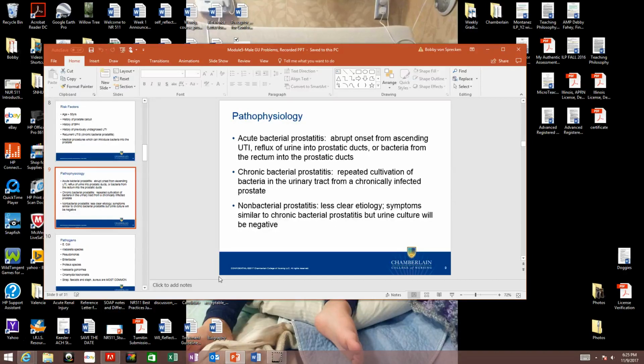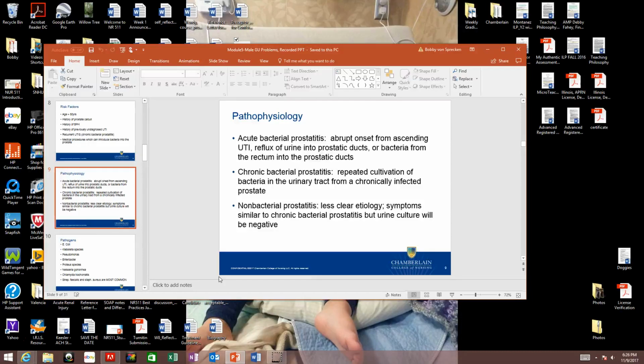Acute bacterial prostatitis has a characteristic abrupt onset and is always associated with a urinary tract infection from bacteria that originates from the ascending urethra, from reflux of urine into prostatic ducts, or directly from the rectum to the prostatic ducts. Chronic bacterial prostatitis is thought to be due to repeated cultivation of bacteria in the urinary tract from a